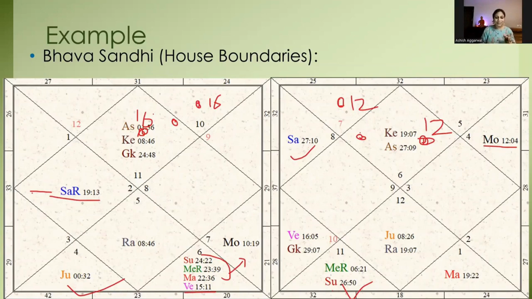Now, when we talk about Sandhi, we can adjust plus or minus 3 to 4 degrees here and there, and always confirm with the client what their experiences are saying regarding that planet. The distance can become quite significant. As we mentioned, 16 degrees is the Sandhi degree, and the Sun is at 24 degrees, which indicates that it is unlikely to provide the impact of the eighth house.